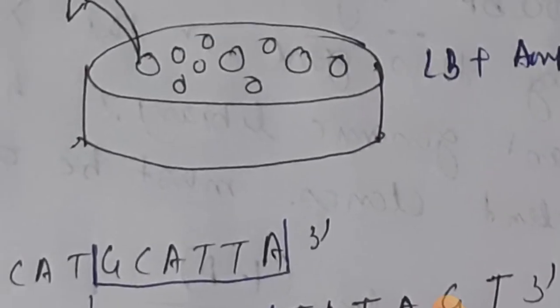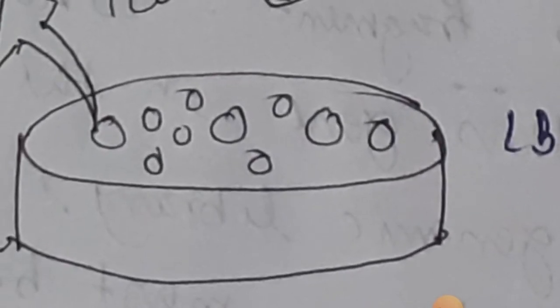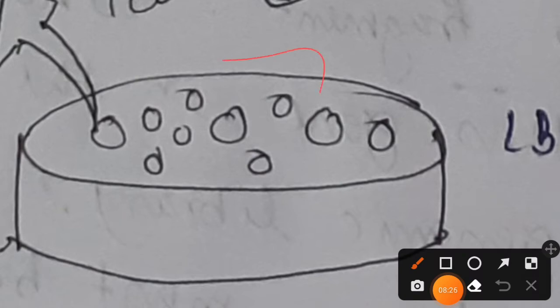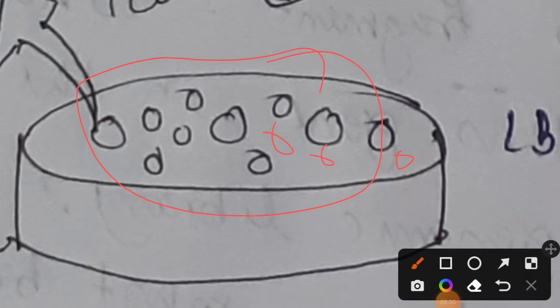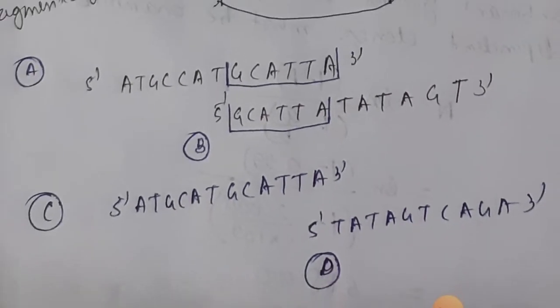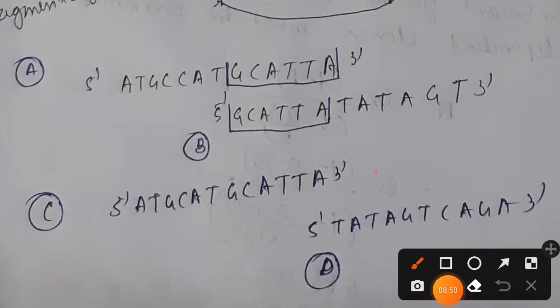Now let's think about this: among the colonies, although in reality there will be many more, which colonies contain cells that contain your particular lac gene? So it is quite difficult to understand, right? Under such circumstances, the genome sequence for the lac gene will help you to find